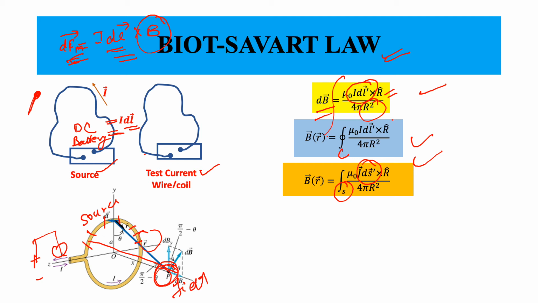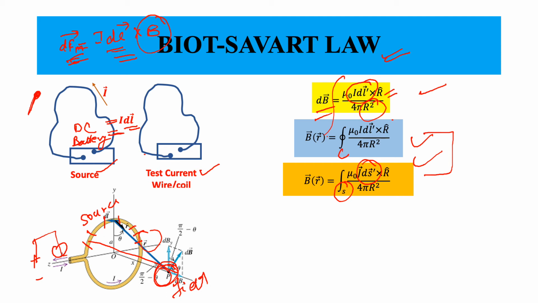So in this lecture the objective would be to use this equation that we have developed, which is called the Biot-Savart law, and apply it in different conditions to find the magnetic field. So that is what we would like to do now. Before we go there, there are certain things that we need to mention here. If I go back to dB equals mu naught I dl cross r by 4 pi r square, you will notice two things.